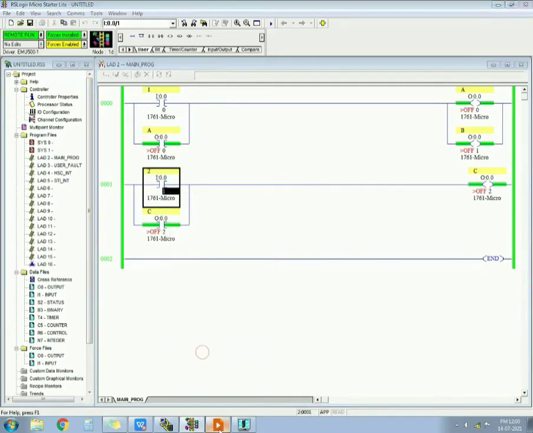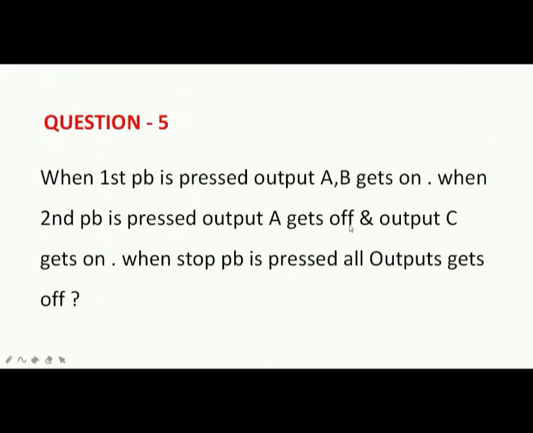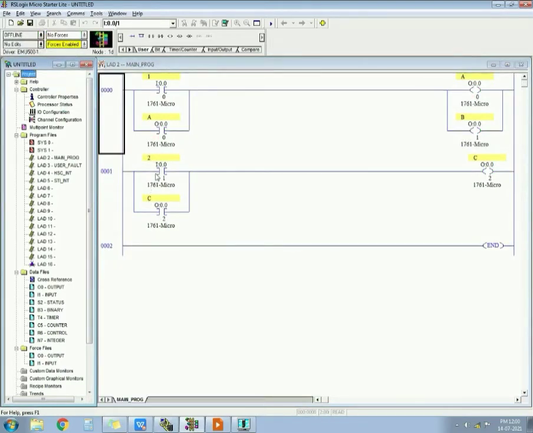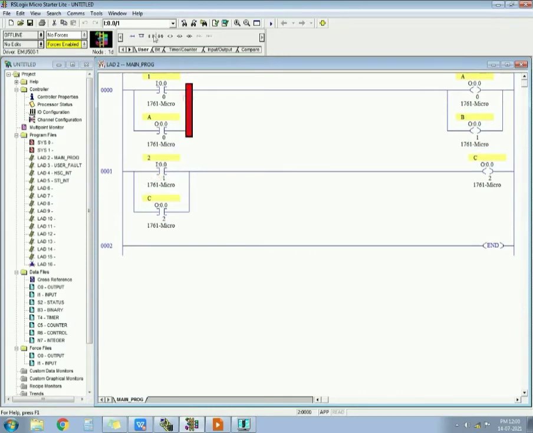But also it is written output A gets off. So output A should get off. What I have told you in the last question is that I can take NC of this over here, so it will break the circuit. So if I take NC of this input over here, see what happens. I1:0.0/1.